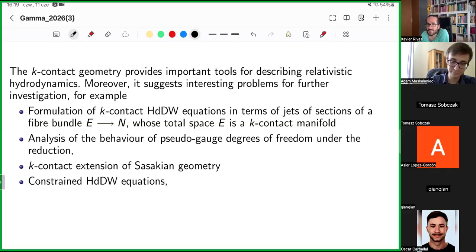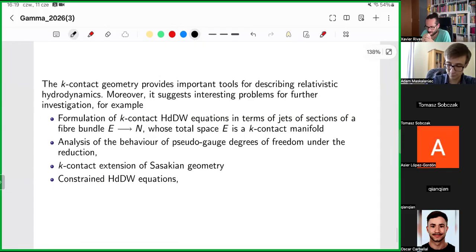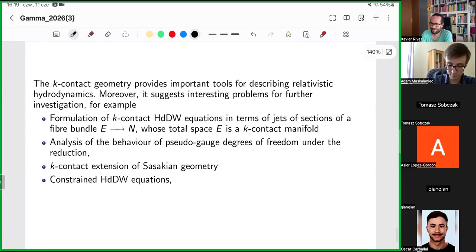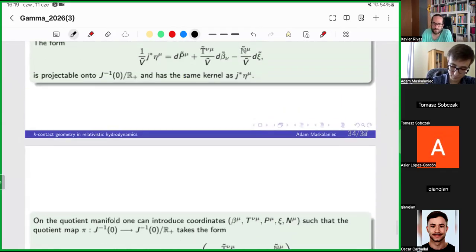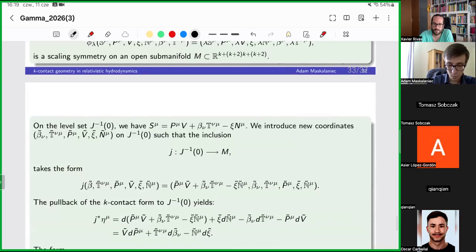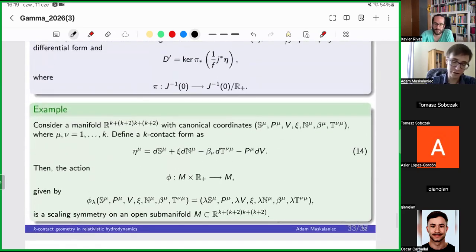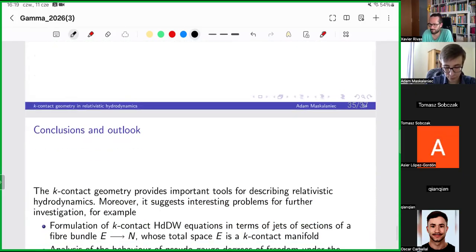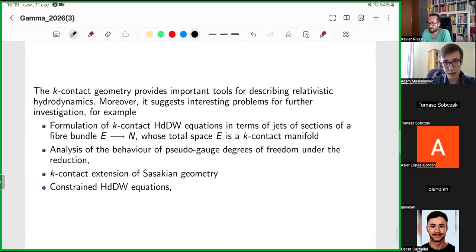Well, a little bit off topic question, or a future research question. I know your other research topic, Adam, is graded differential geometry or supergeometry, however you want to call it. So have you thought at some point about combining both your research topics and, I don't know, studying hydrodynamics of fluids with particles with spin or something like that? Well, it is possible to be done here, but at first I would like maybe to connect